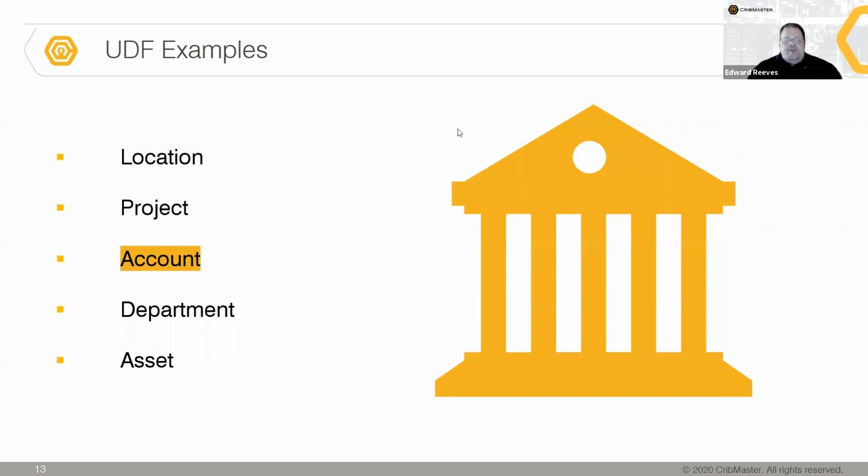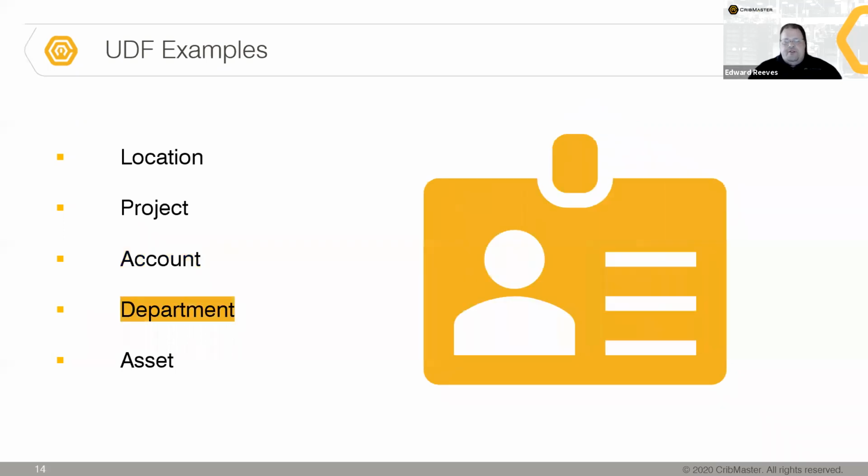Your account numbers, this is where the cost center part of the user-defined fields come into play. If you need to dictate, we just say that whenever somebody is issuing items, they're going to issue it against this account number. You can put in those account numbers, you can hard code it just like we saw on that other screen. You can set departments, so you can run metrics for